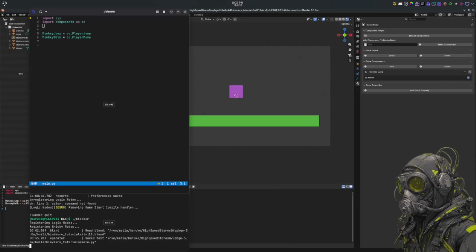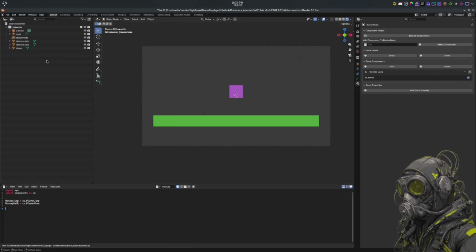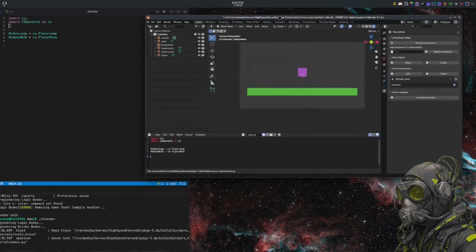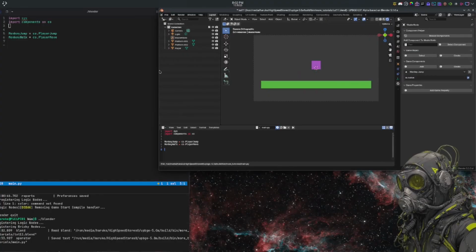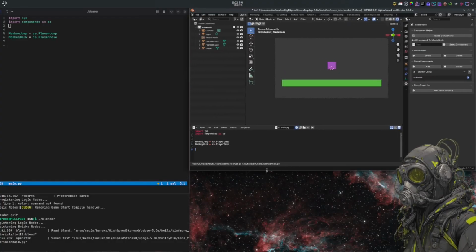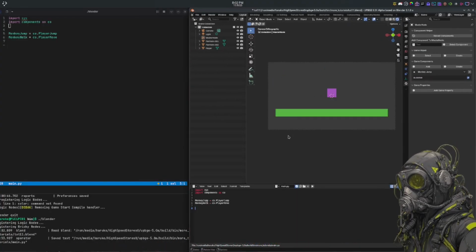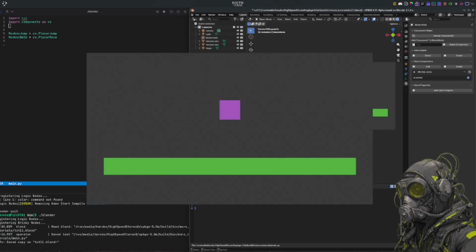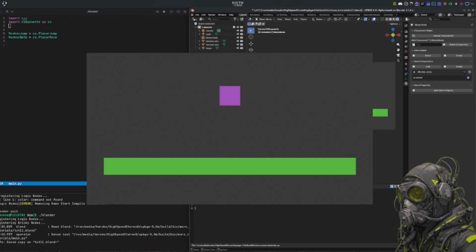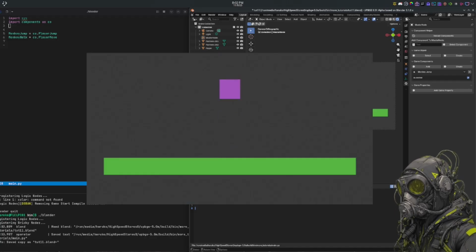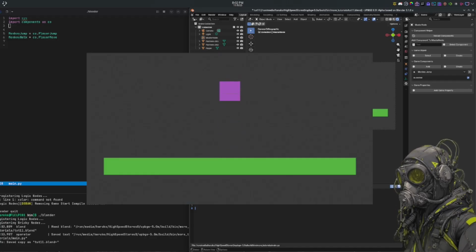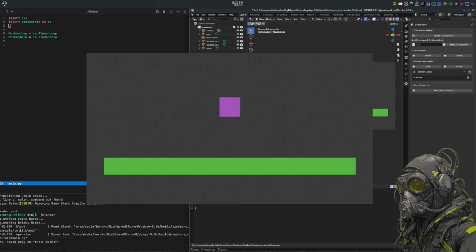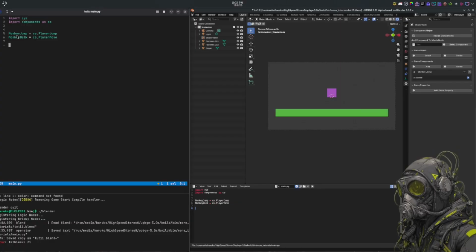Let's get this window back. All right, let's try playing it now. There we go. Now he's jumping. Isn't that great? And then if I press the A key and D key, nothing happens. So our next